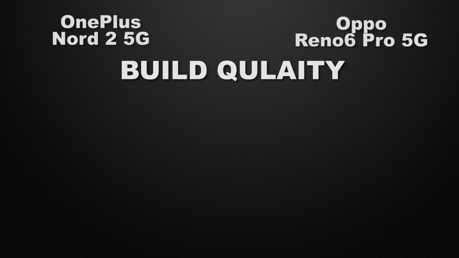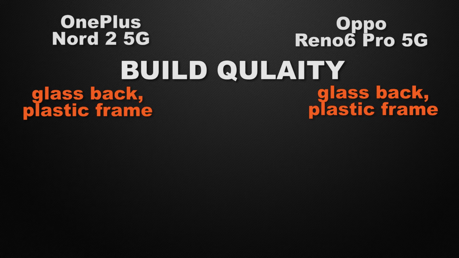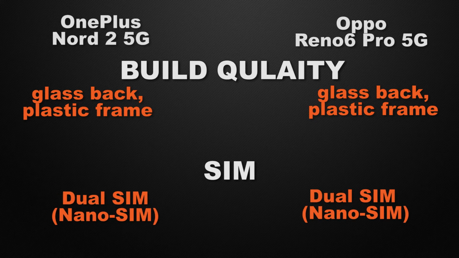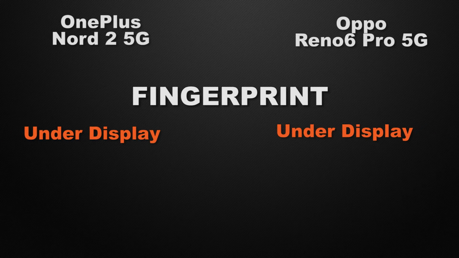Let's talk about the build quality of the devices. Nord 2 has a glass back with a plastic frame, whereas Reno 6 Pro has a glass back with a plastic frame. So it's a tie because both devices have solid build quality. And about the SIM options, both devices have dual nano SIM support, so it's a tie. Moving to some of the most important features of the devices, let's start with the fingerprint scanner. Nord 2 has an under-display fingerprint scanner, and on the other side Reno 6 Pro has an under-display fingerprint scanner, so it's